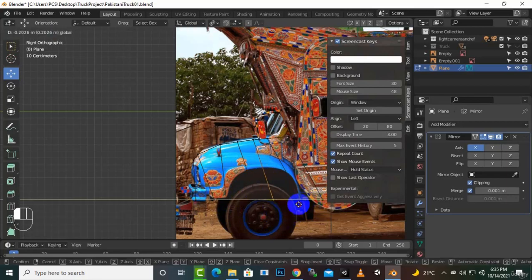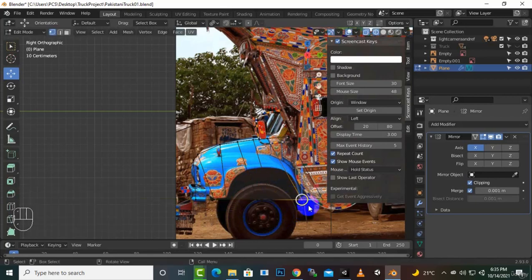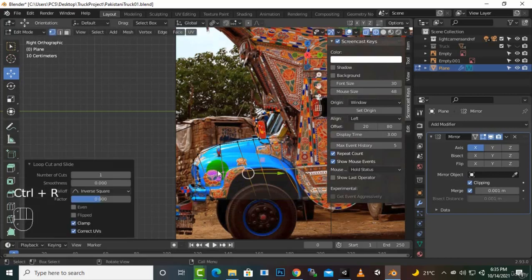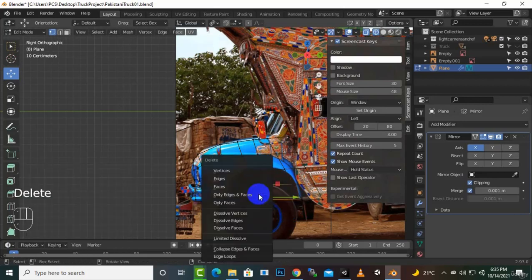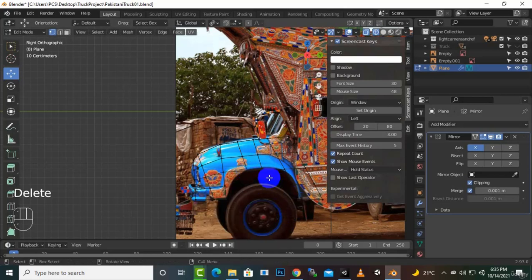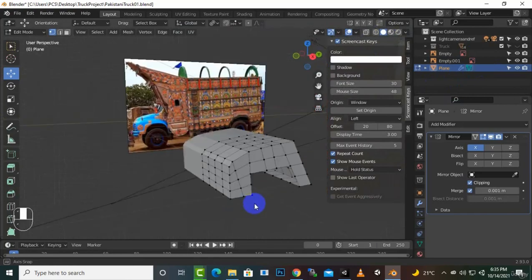For these vertices we will definitely cut out the shape now, so for that we will create a loop here and a loop here as well, and a loop here as well. And now we will select these 4 vertices. We will delete these vertices, and now you would see that we have a basic shape of this type,